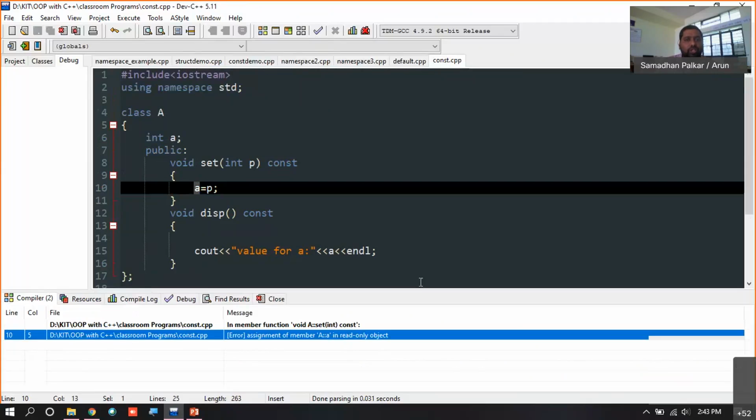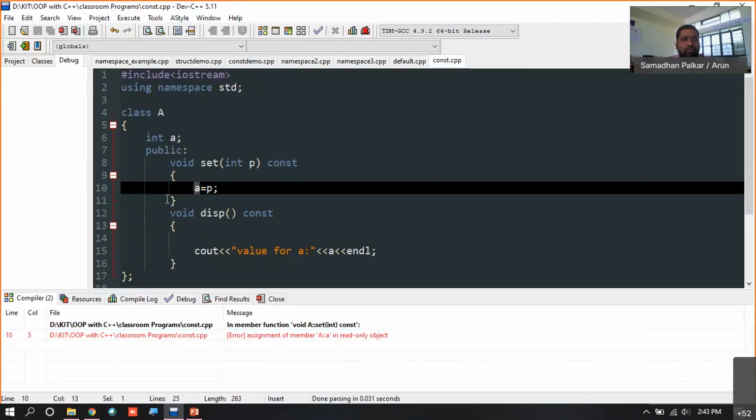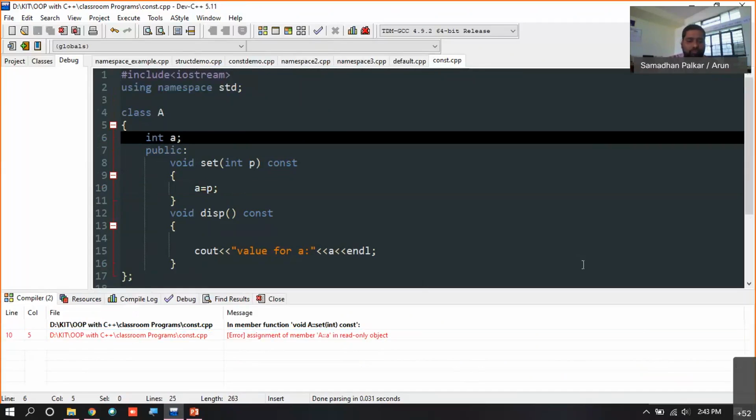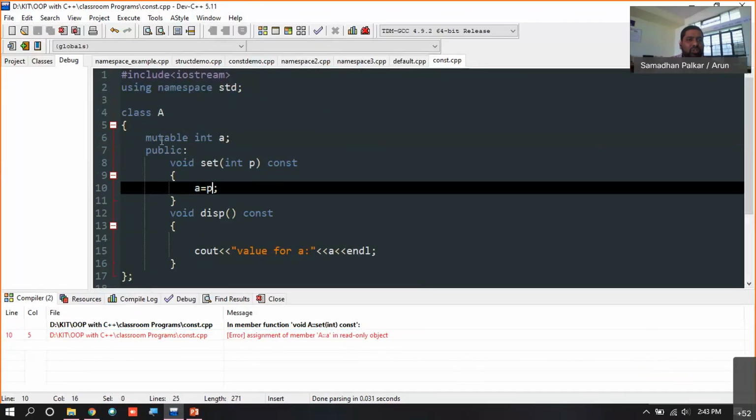So what we need to do for this is, we need to mention another keyword called mutable. So this is mutable inside this. So a constant function can modify this. But mutable and constant at the same time we cannot use. Either you make it constant, otherwise keep it as it is.